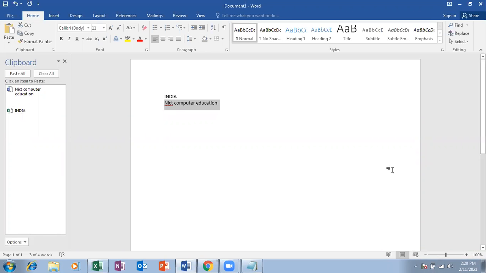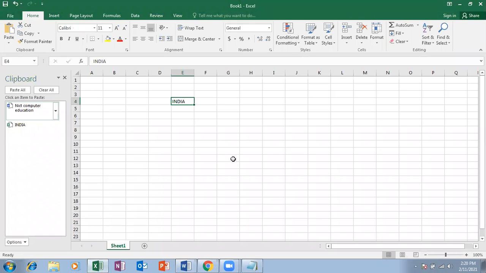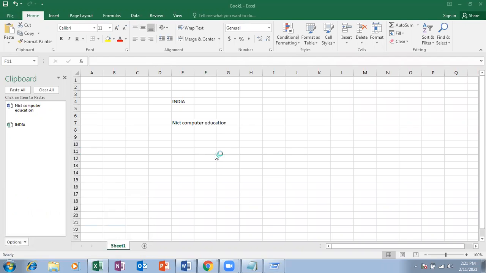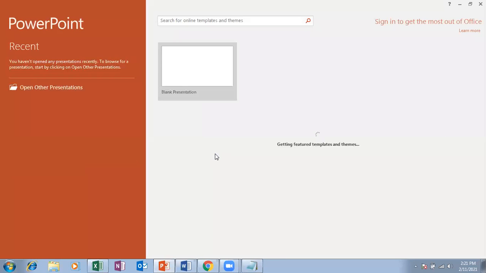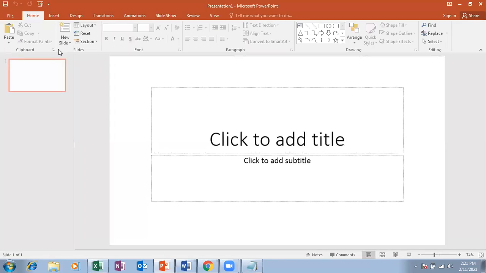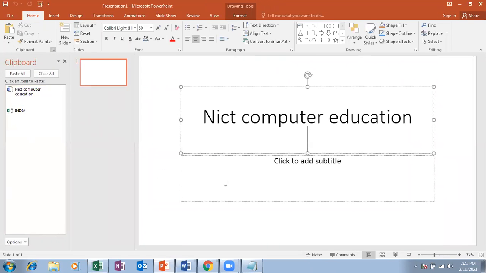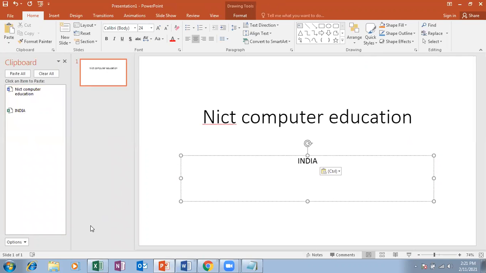So whatever I copy from Word, it goes to Excel also. See here. Even if I go to PowerPoint, same. Enable the clipboard like this.